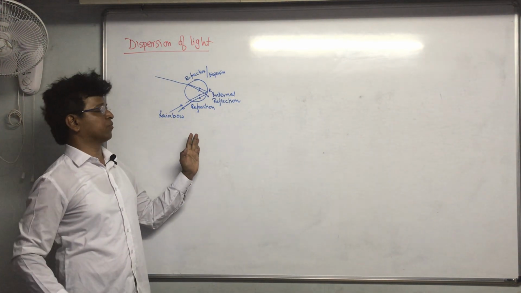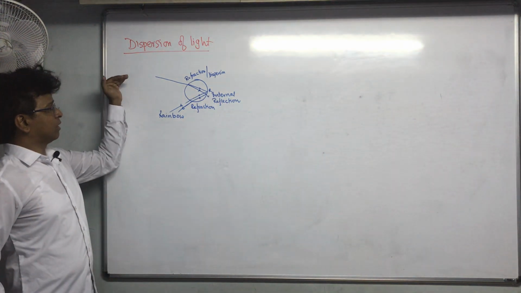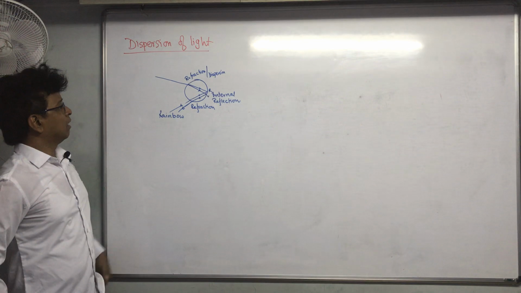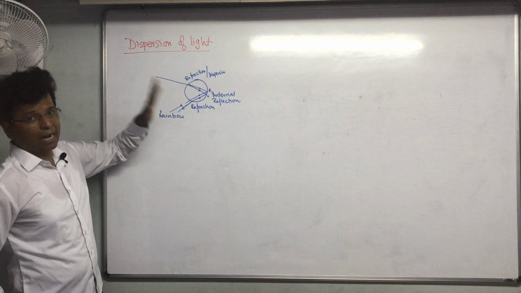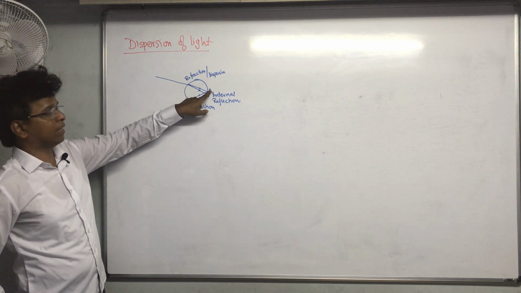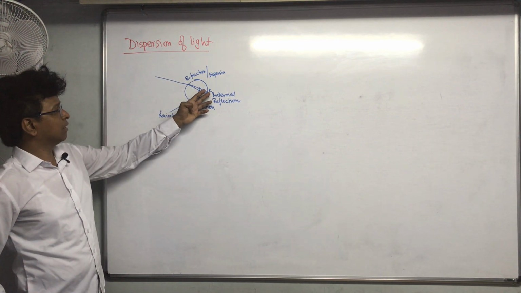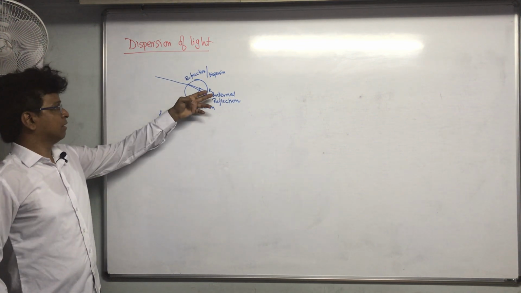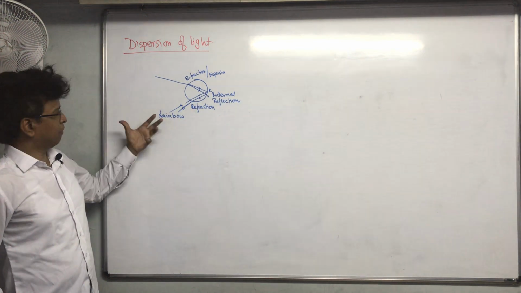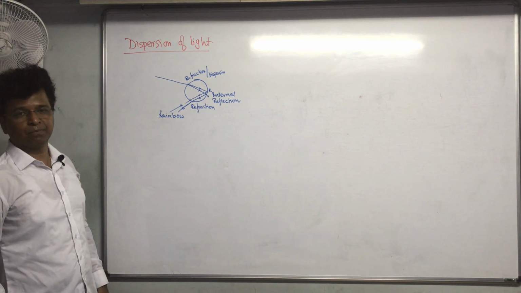And this is the diagram which is very, very important, where you can see that the white light is incident on a water bubble, and first refraction and dispersion both take place at this point, and then they travel with violet and red light over there, and then internal reflection is also there. They come out, and from here refraction, and they move out of the bubble, giving a nice beautiful rainbow.